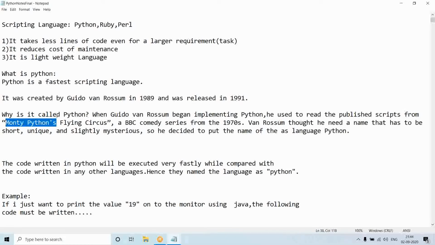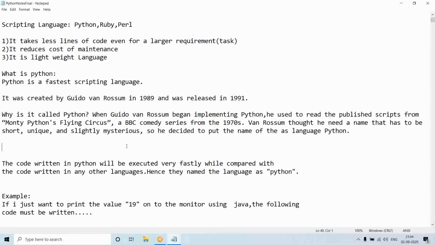Simply speaking, Guido van Rossum used to read the books of Monty Python, so he chose that name as the name of the language that he created. Nothing more than that.